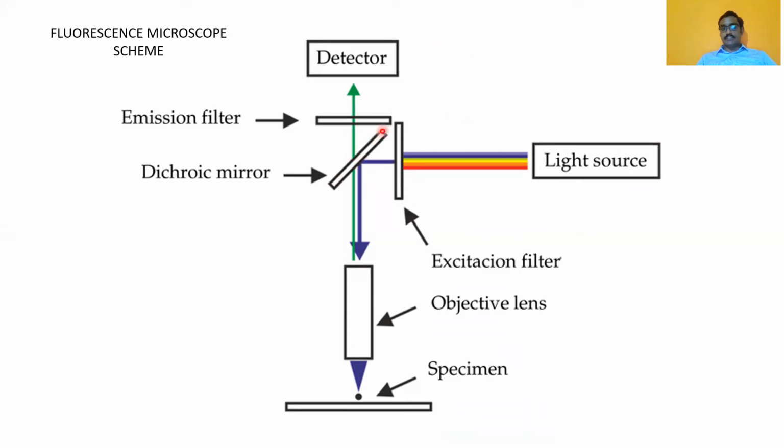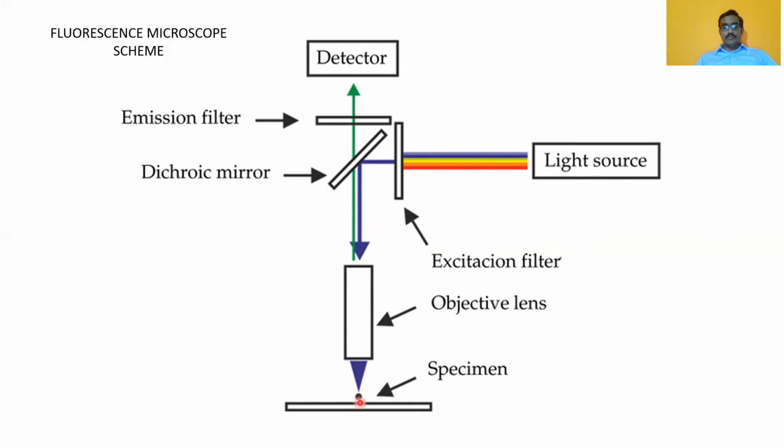passed on to what is known as a dichroic mirror. So how a dichroic mirror works is that it is able to reflect all the low wavelength radiation. Whenever it hits a dichroic mirror, it gets reflected. Whereas a high wavelength light would actually pass through a dichroic mirror. We'll be looking into it. So basically, a UV light from the light source is reflected by a dichroic mirror through your objective lens and onto your specimen. Okay, so UV light falls on your specimen.